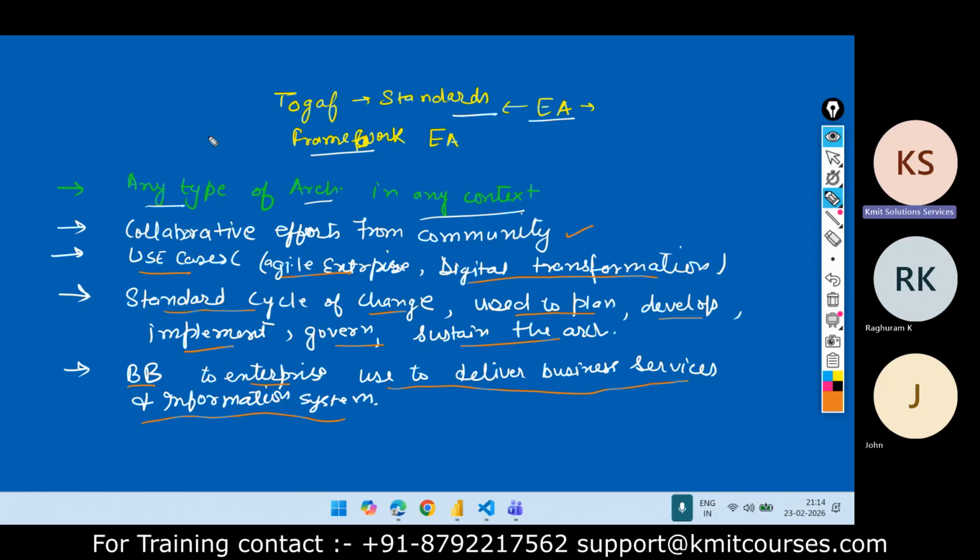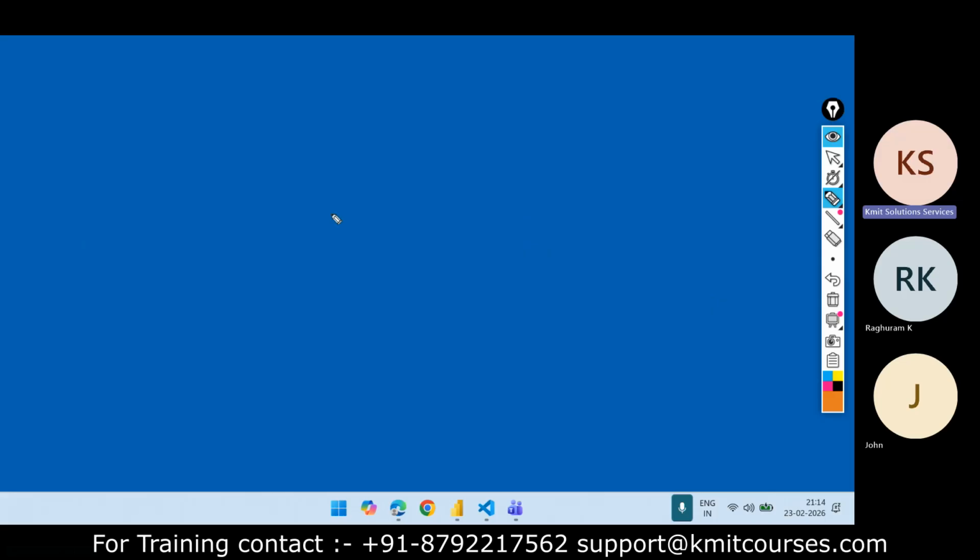Okay, so right now, if we talk about the TOGAF framework or TOGAF standards, to which type of work is it suitable? It is suitable for enterprise architecture.